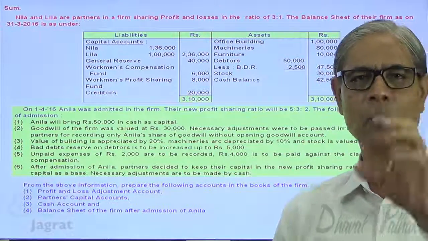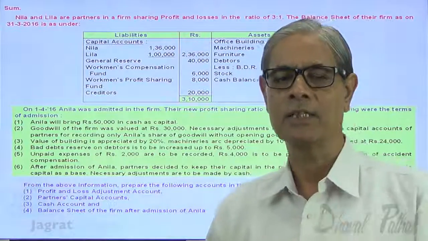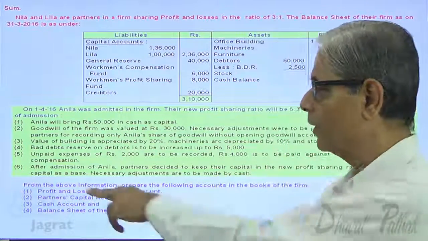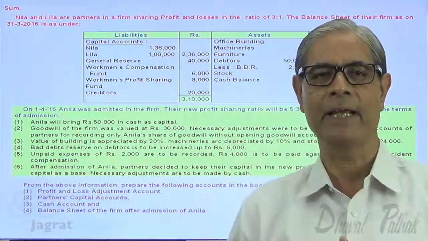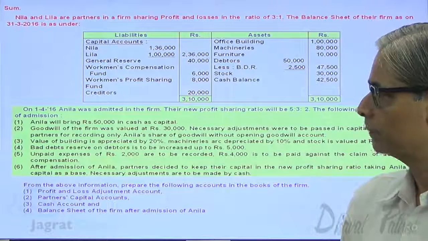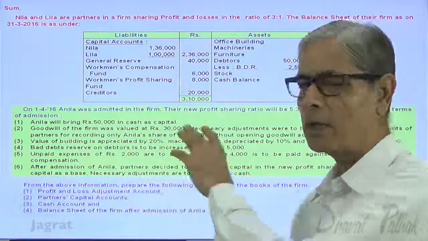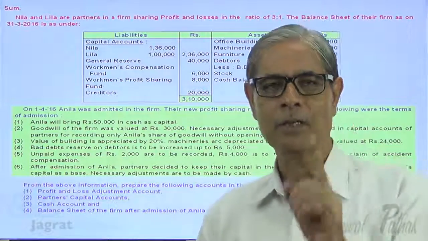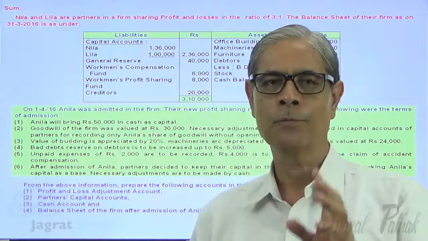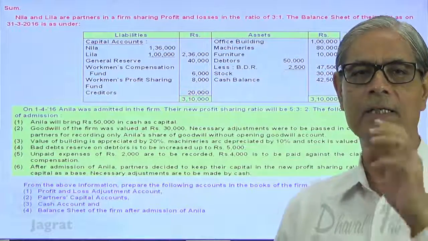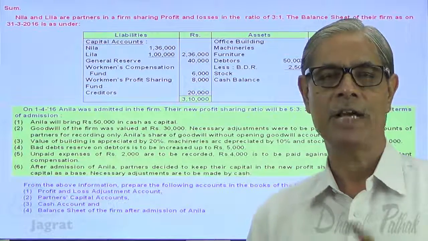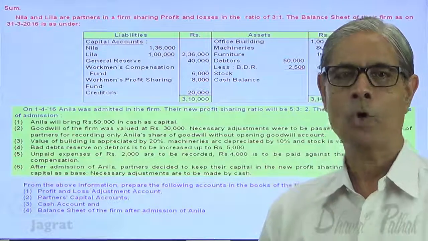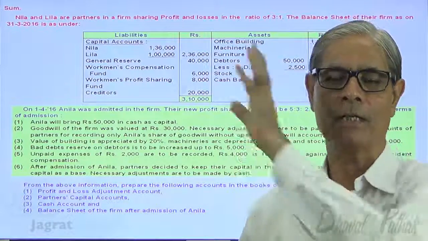With the help of these four principles, I am going to prepare this profit and loss adjustment account, or say other name thereof is revaluation account. Now, first step is to consider the revaluation adjustment. Second thing, after considering the revaluation adjustment, I will consider the details of balance sheet which are not subject to revaluation. All those items of balance sheet will be considered.